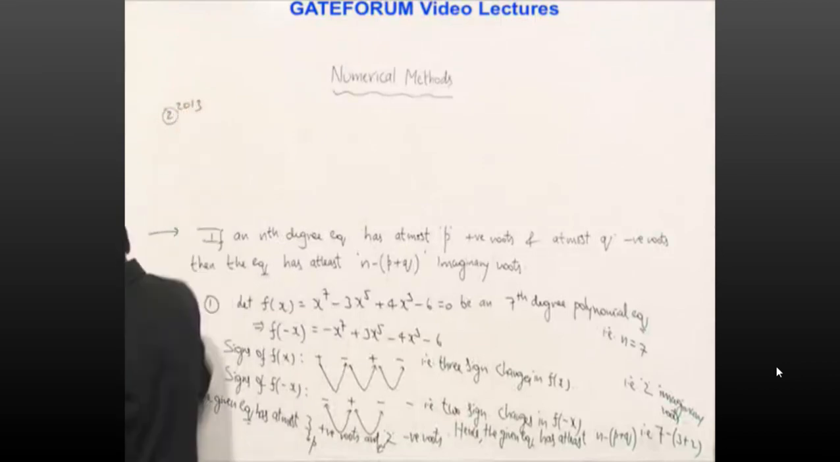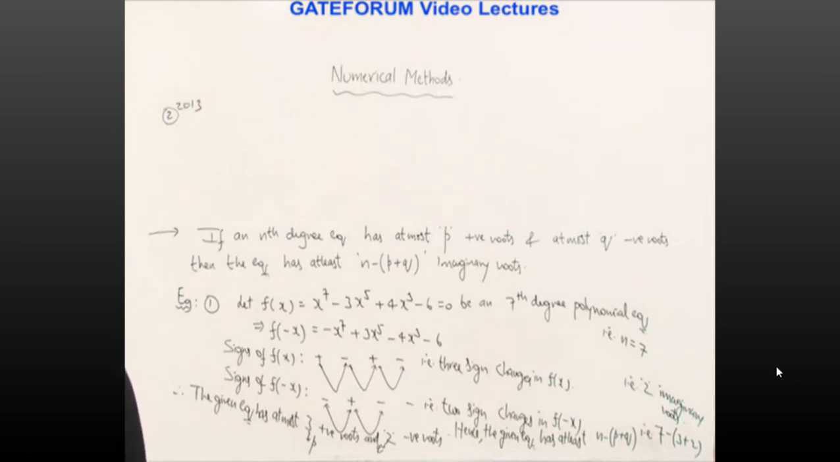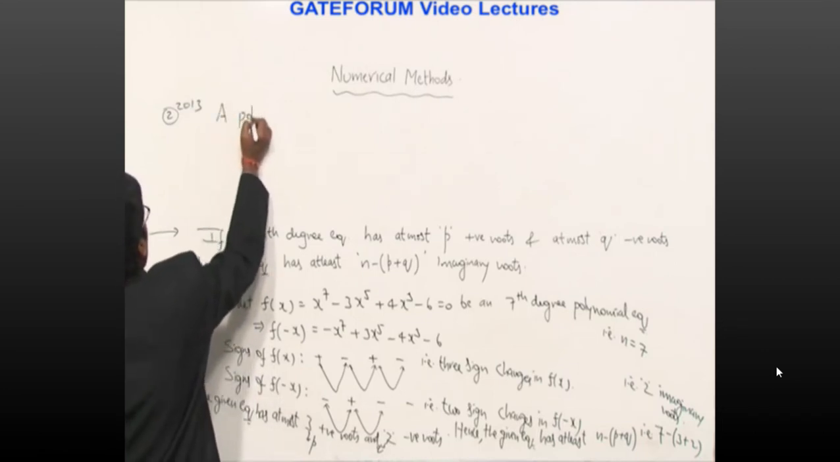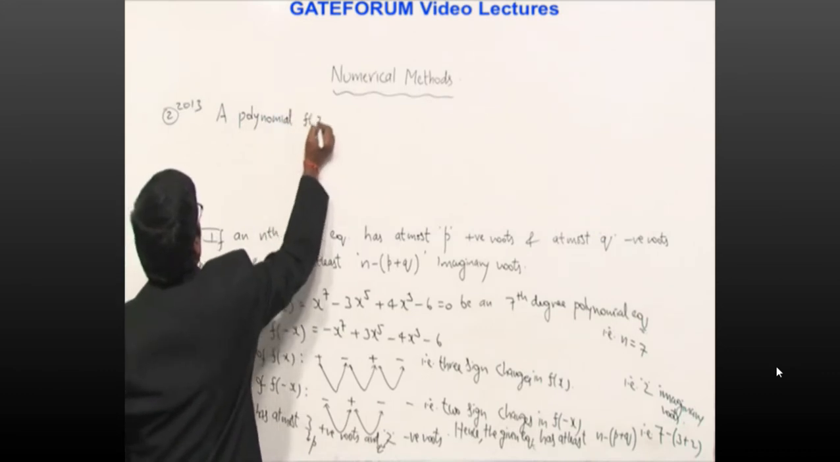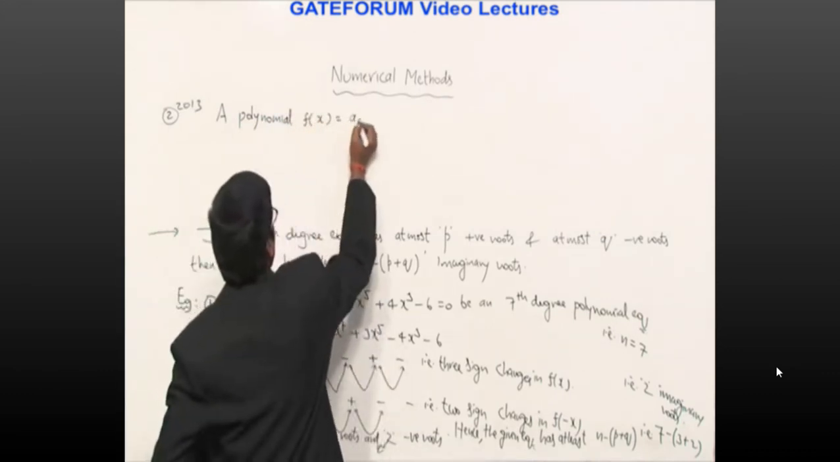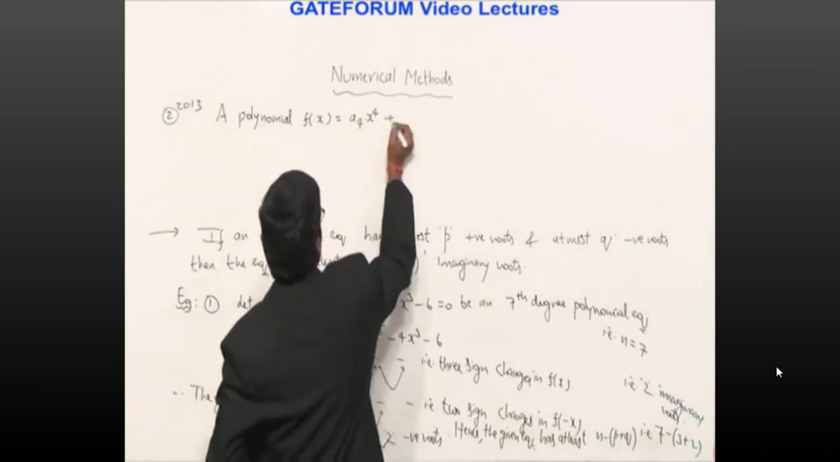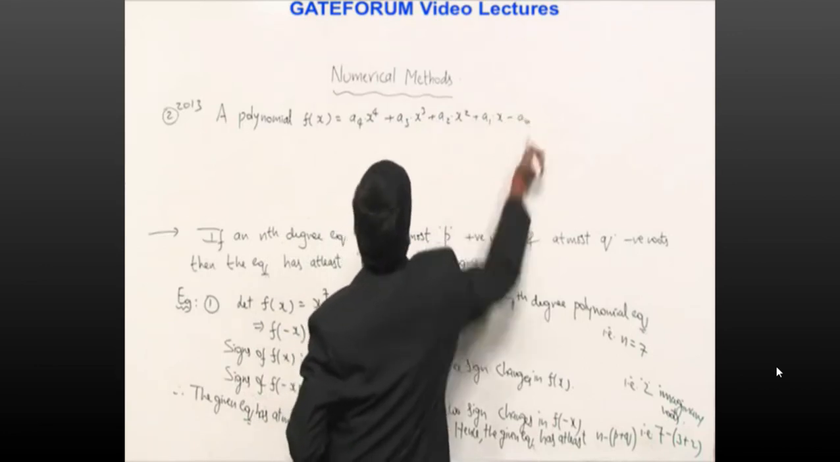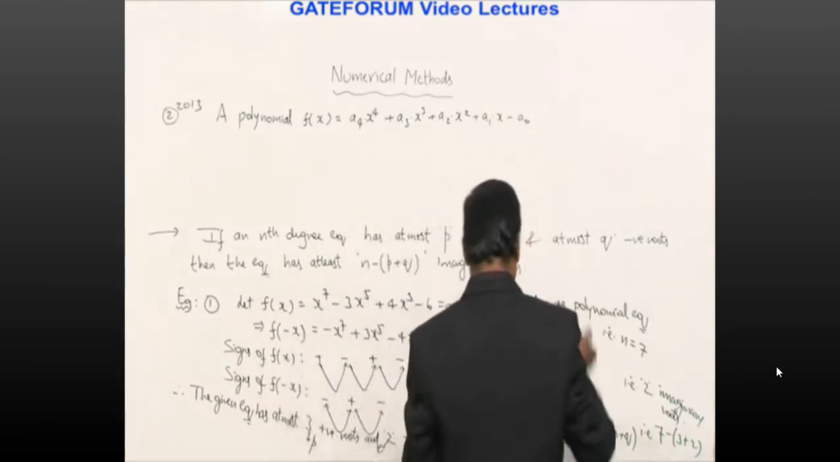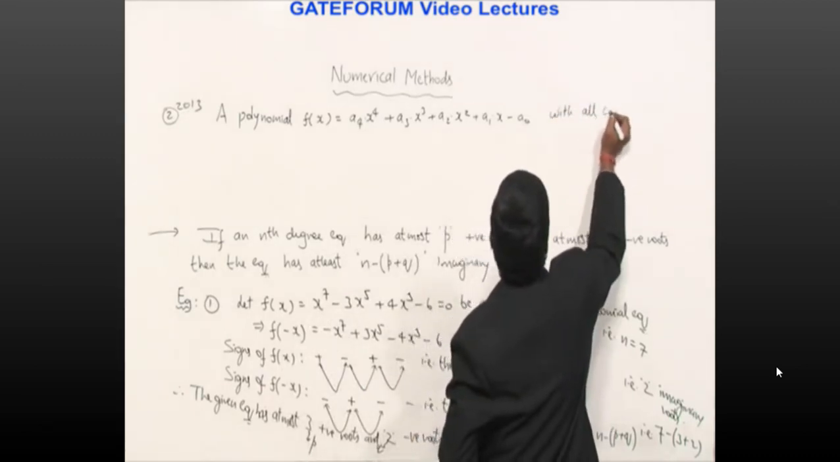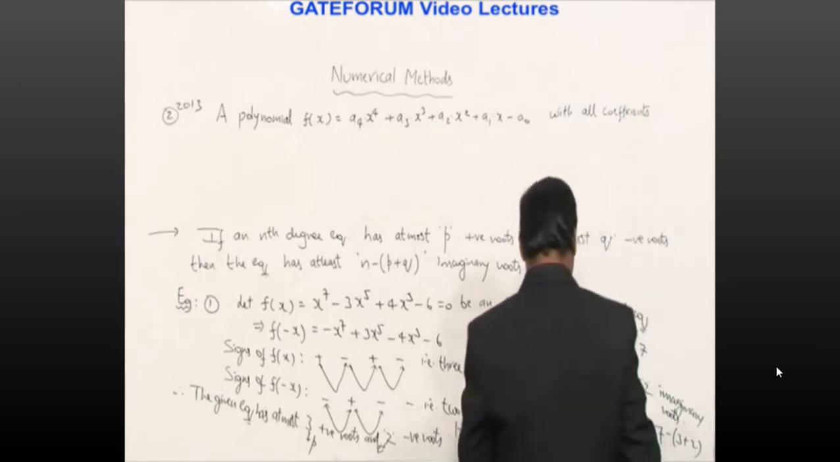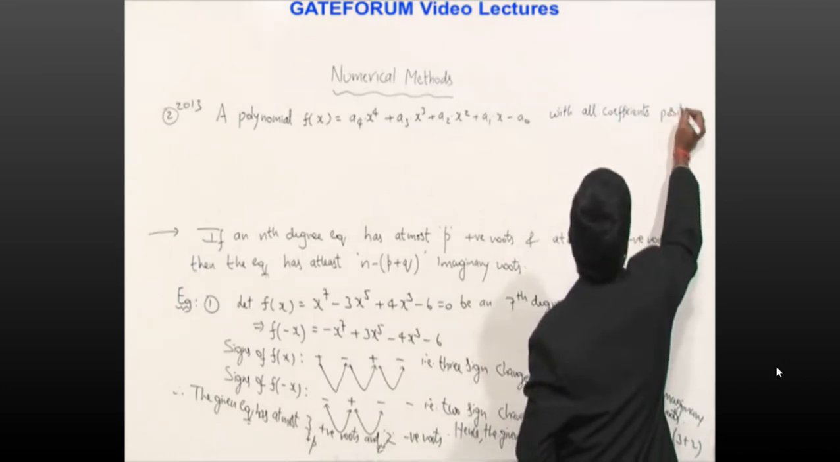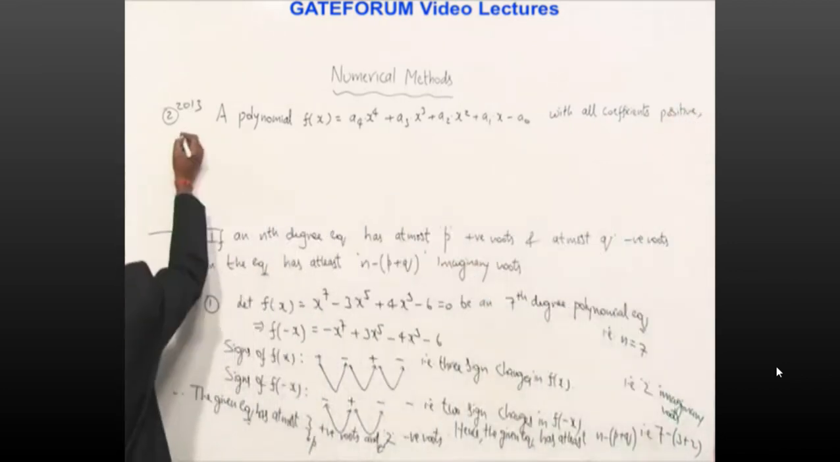Second example, which is asked in 2013, 2 marks. A polynomial f(x) = a4 x^4 + a3 x^3 + a2 x^2 + a1 x - a0, with all coefficients positive, comma, has options: A,